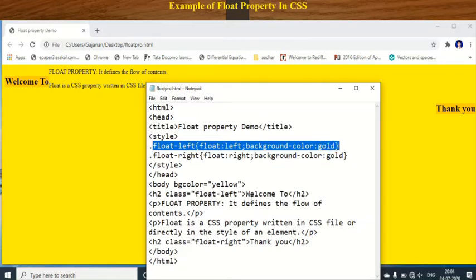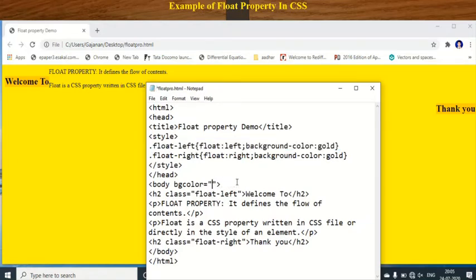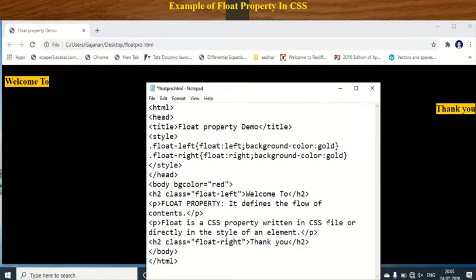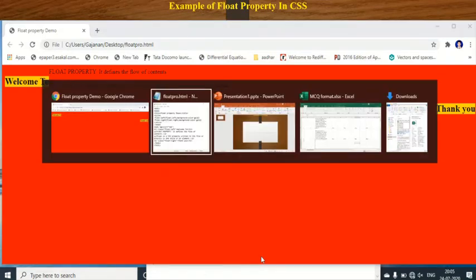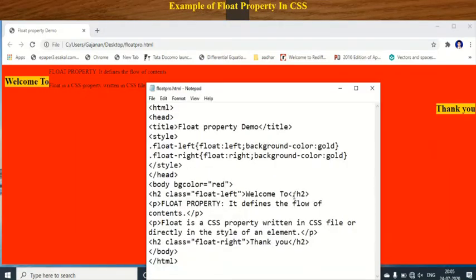Okay, suppose I want to change your color, suppose here, okay, like this. Clear?